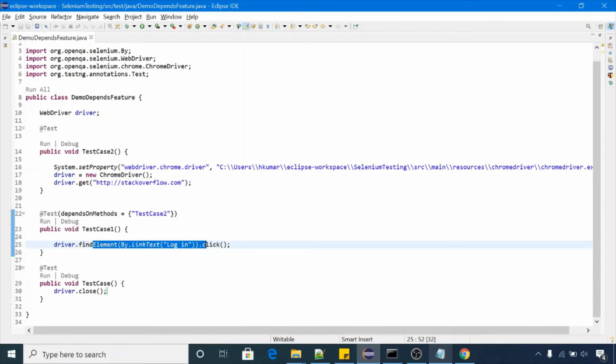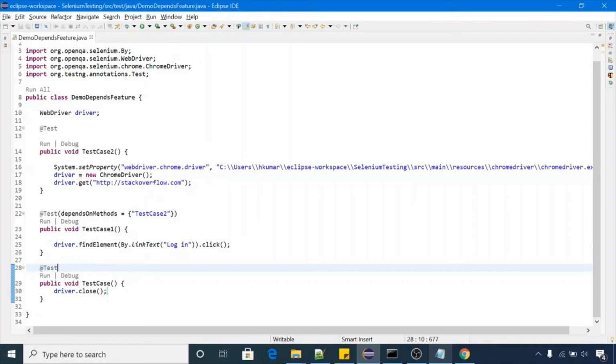We have written that it depends on test case 2. Now we will write here that it depends on test case 1. Let me write dependsOnMethods, and I will pass the name of test case 1. So it's like a hierarchy.